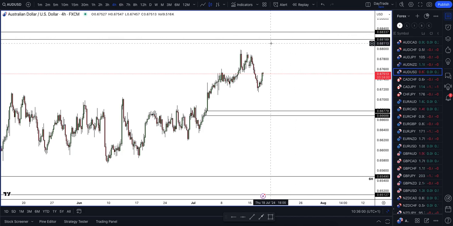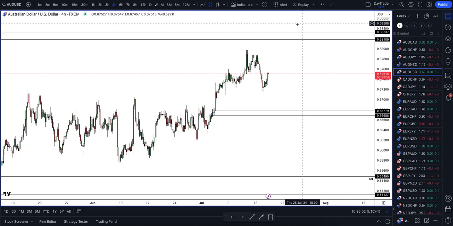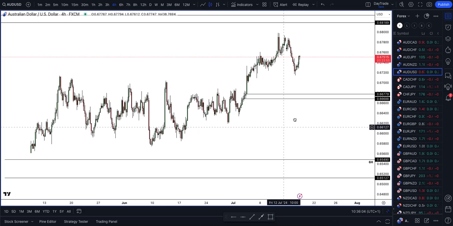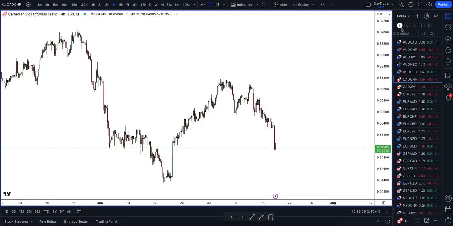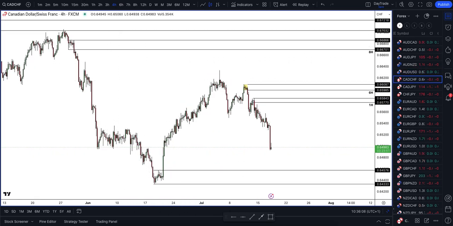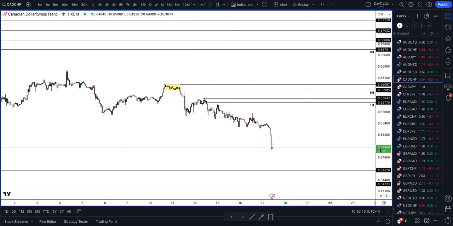Even the zone higher up, we've already looked at that in the last session, and then also in the last video, and also this demand zone in the last video as well. Not one where we're going to take. CAD Swiss. So I think CAD Swiss